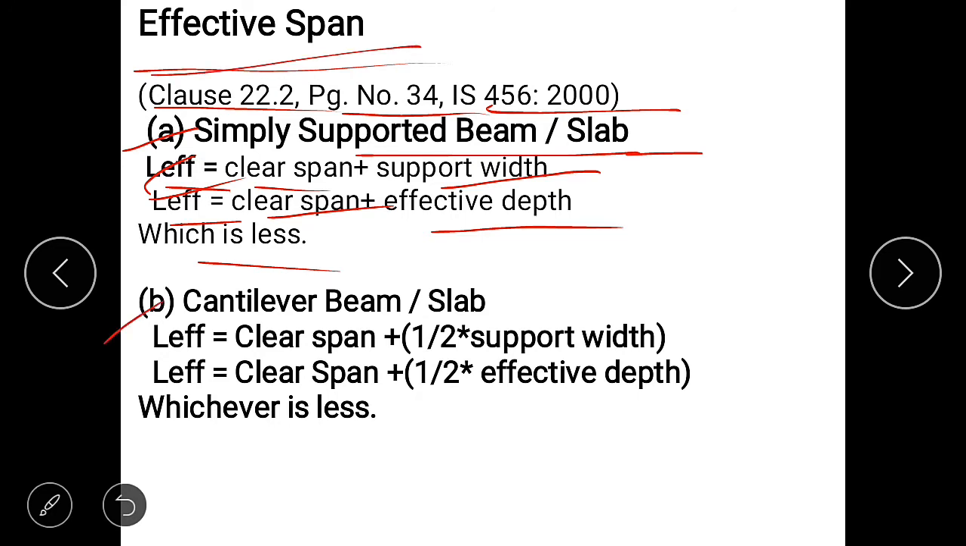Second, for a cantilever beam or slab, L effective is equal to clear span plus 1/2 into supporting width, or clear span plus 1/2 into effective depth. Use whichever is less of these two. Clear span plus supporting width is for a simply supported beam, and clear span plus 1/2 into supporting width is for a cantilever beam. Okay,